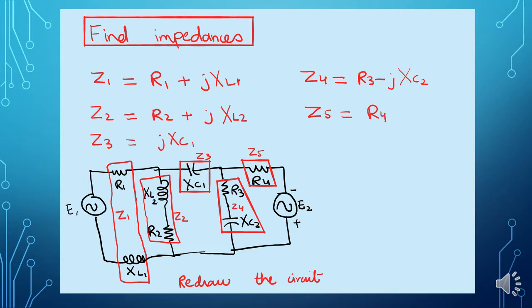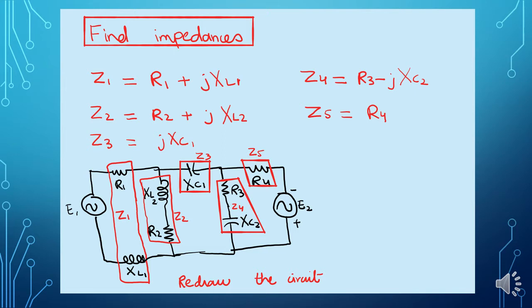First of all, we have to find out the impedances using real and imaginary components. We may say that a resistor is a memoryless element but an inductor and a capacitor are not. So first we have to find the components in series as one impedance. If you look at Z1, we have R1 and XL1 in series with each other, right? So we make Z1. Similarly, XL2 and R2 are in series with each other, so we make Z2, that is the combination of the R2 real and imaginary part.